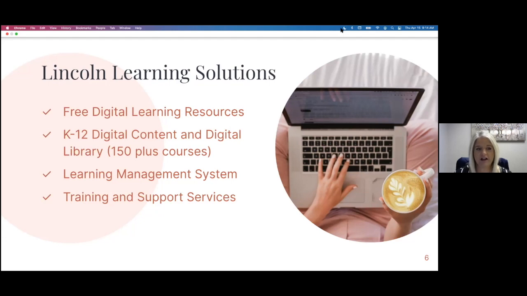Teachers will not only have access to the course content that they teach, but they will also have access to the full digital library. The digital library contains all of the Lincoln Learning content for every available course that we have. This is helpful as we identify learning targets that need to be addressed due to learning loss.